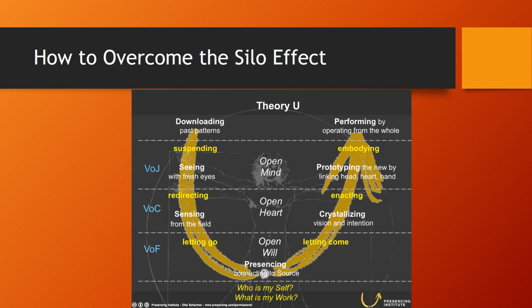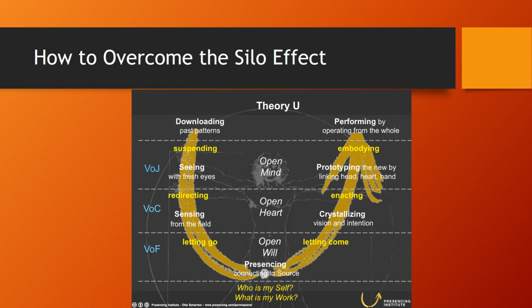Well, after this, then it becomes the crystallizing portion of this. This is when people begin to embrace this new collaborative model. They begin to embrace this idea of innovation and taking a new direction and doing certain things, and they begin to become comfortable with working together.